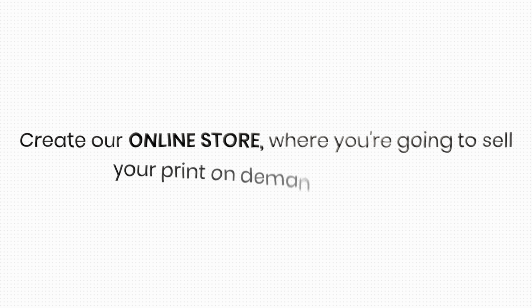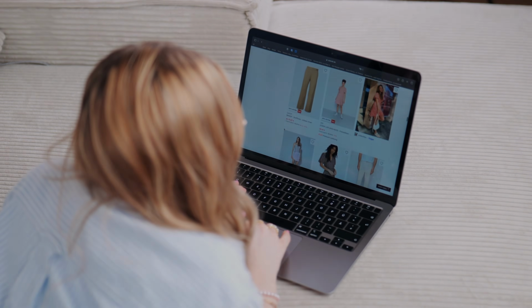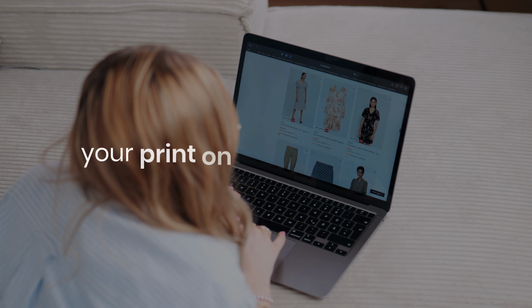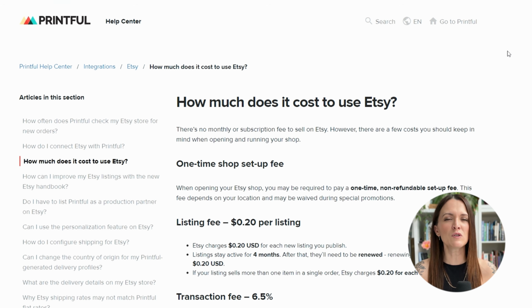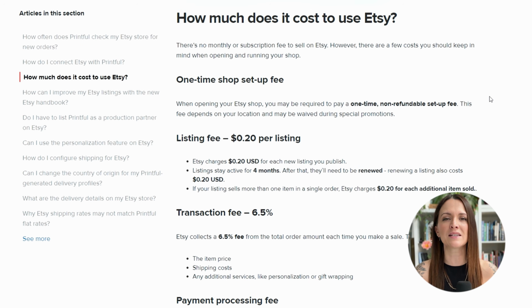Once you have all of your designs created, we can move on to the next step, which is to create our online store where you're going to sell your print-on-demand products. Now, most print-on-demand tutorials show you how to sell your products on Etsy, but I don't actually believe that that's the best place to sell your print-on-demand products, because what most people don't tell you is that Etsy actually has